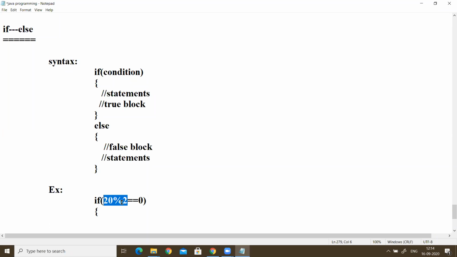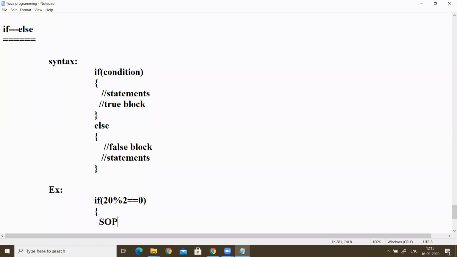So 20 percentile 2, is equal to 0. If this evaluation and this value are equal, then it gives true or false. Okay, now if this expression evaluation result and this value are equal, then this block will execute.